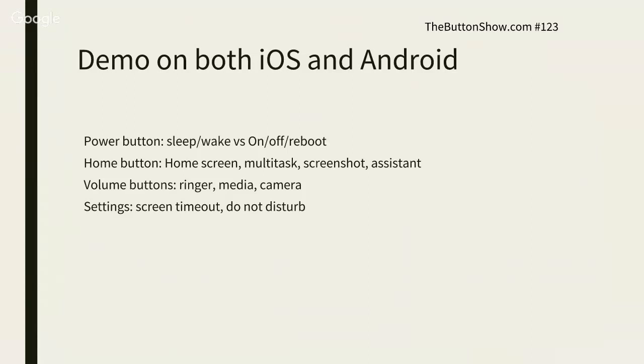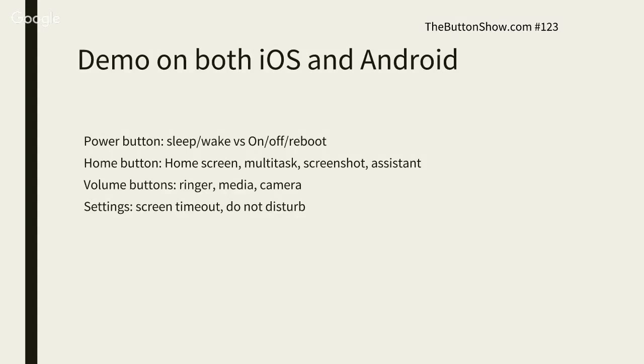The home button goes to the home screen, multitask, screenshot, and brings up an assistant. Volume buttons can control the ringer or media, music, or a camera. And settings, I'm going to show you the setting for screen timeout and do not disturb. So,